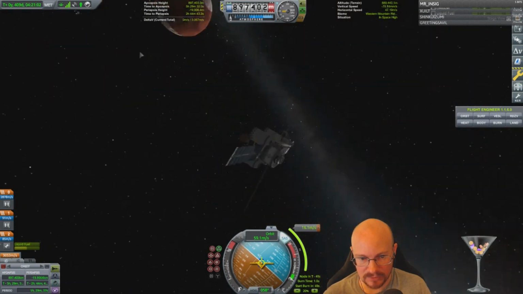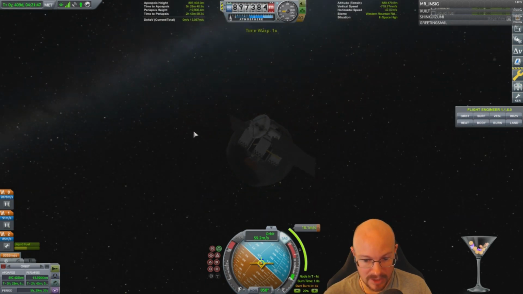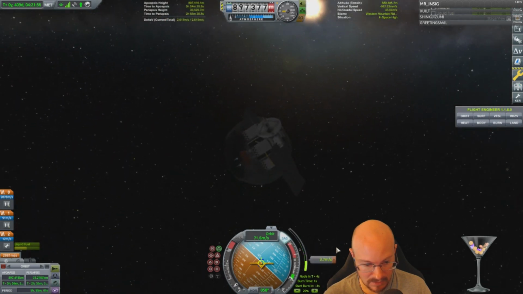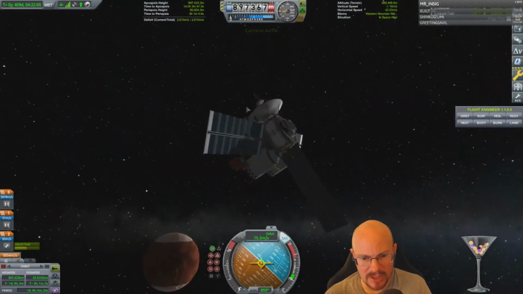Okay, this is just to make sure we don't slam into Ike here. I feel like actually what's happening is both my fuel tanks are being used at the same time. So my asparagus staging is just not right. 3, 2, 1. Are we in orbit? We're in orbit. Okay, great. Yeah, I think my asparagus staging somehow...